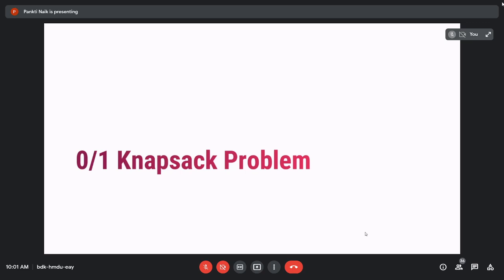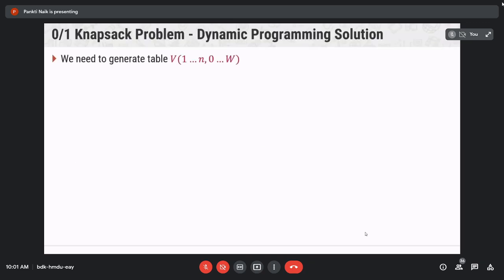Now, to solve this problem using dynamic programming, we have to use the recurrence relation. So what is the recurrence relation for the knapsack problem using dynamic programming? To solve it, we have to generate a table, because whenever we want to solve any problem with dynamic programming, we have to create a table in which we can store the solution of each and every subproblem.